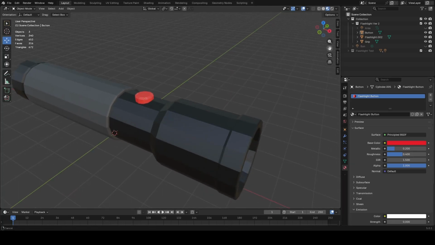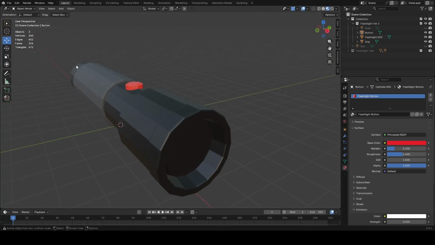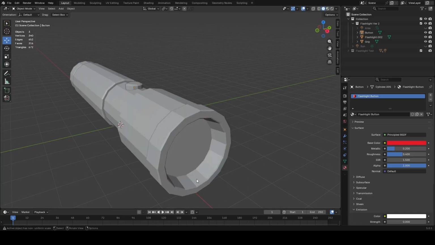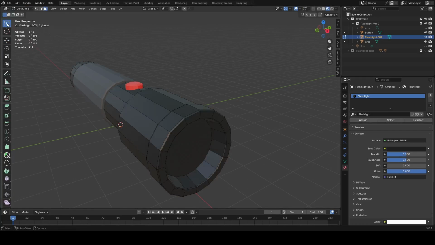All right, now going back to the flashlight for a moment to focus on the glass panel in the front. As you can see, the material is applied to the entire object, but we don't want that front panel to be that same color. So to do this, we're going to select our flashlight. We're going to scroll on over to Object Mode, and we're going to scroll back to Edit Mode. In Edit Mode, you're going to go to Face Select,